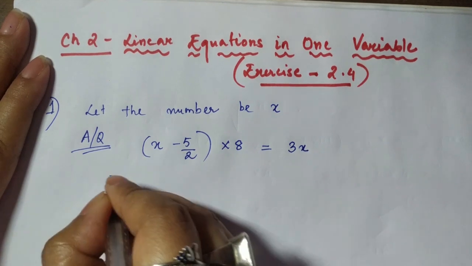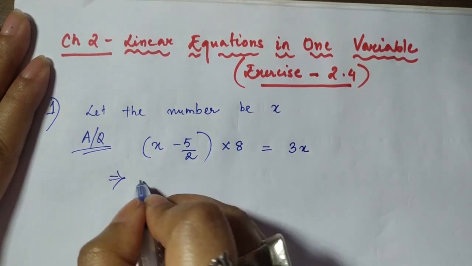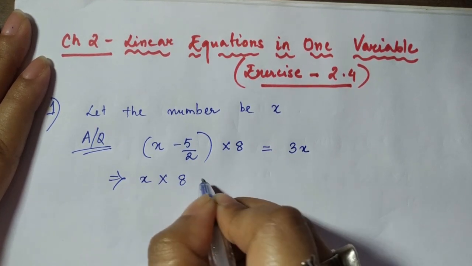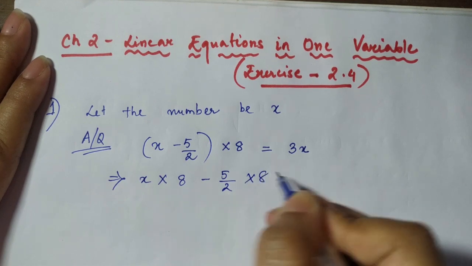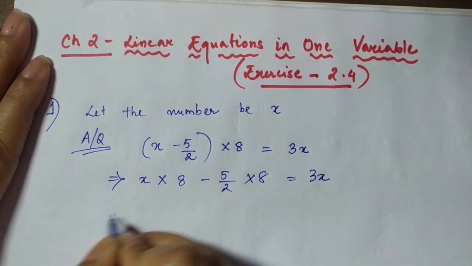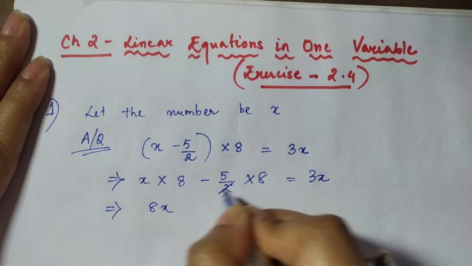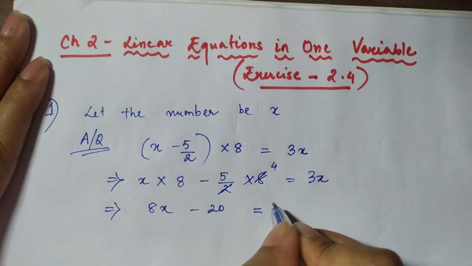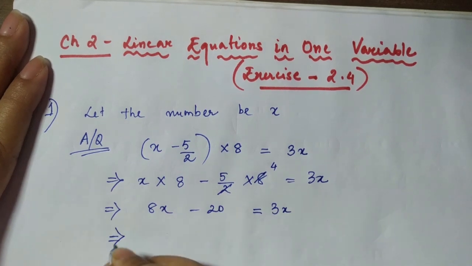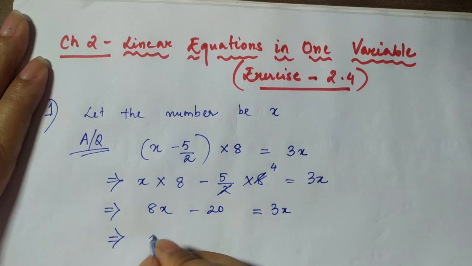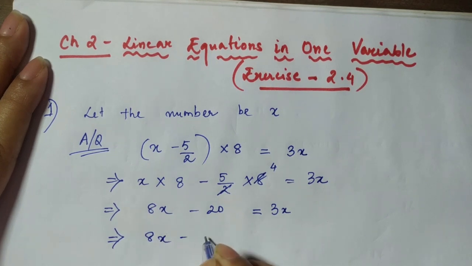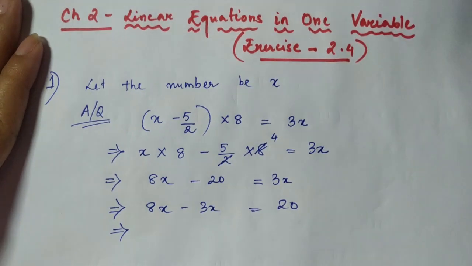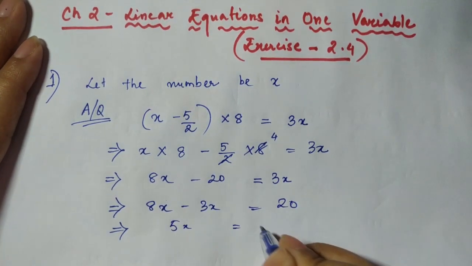Now I'll find out the thing. So 8 you have to multiply with both of them. This is just multiplication of algebraic terms. Right? Into 8 is equal to 3x here. 8 into x will give me 8x. If you can cancel, you get 20 and here you will get 3x. Now you can see this is a constant, this is a variable. Let's transfer the things. It will become plus 20, it was minus here. So 5x is equal to 20.